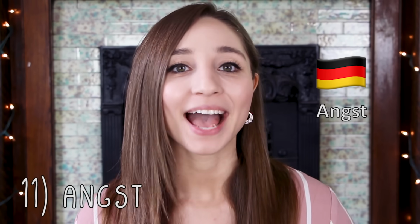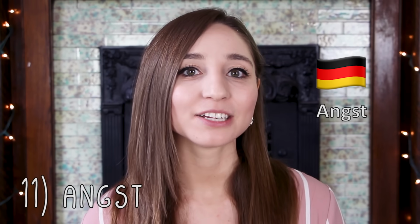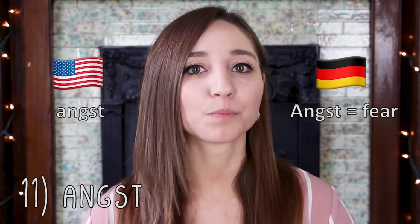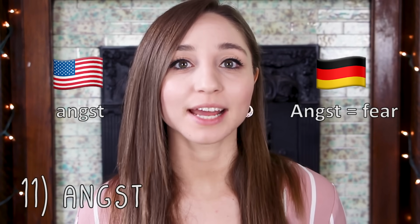This one is very similar to the German one, but it's not 100% the same. Angst, capitalized in German and with the German A, basically just means fear. And angst in English is also related to fear, but it describes a broader feeling of anxiety and apprehension. It's often used in connection with teenagers. Teenage angst is what a lot of young people experience throughout puberty, and you can also say you're feeling angsty